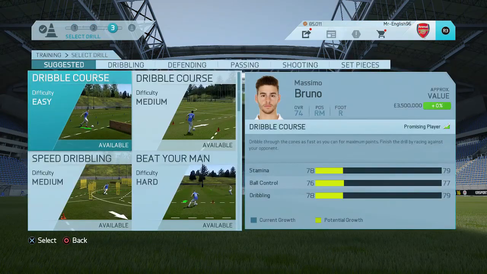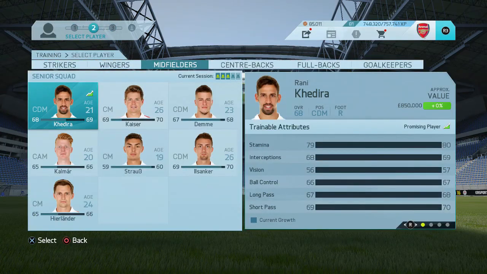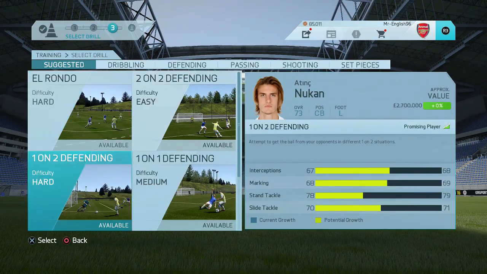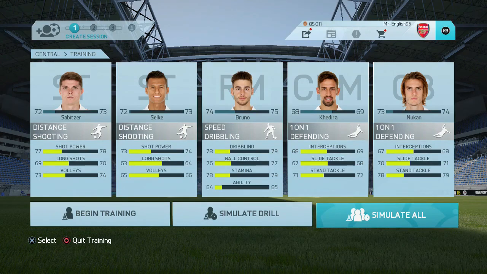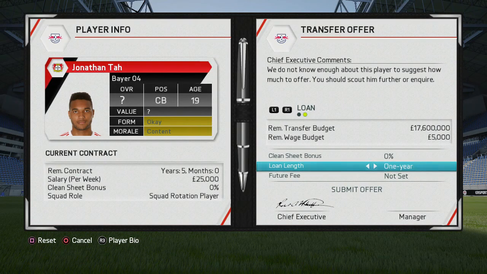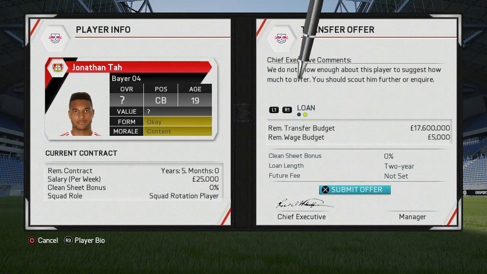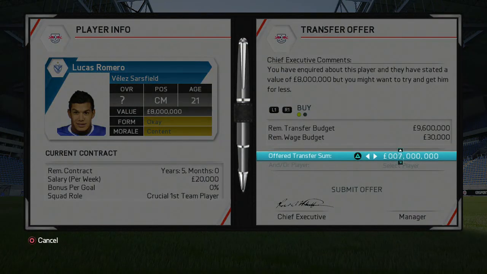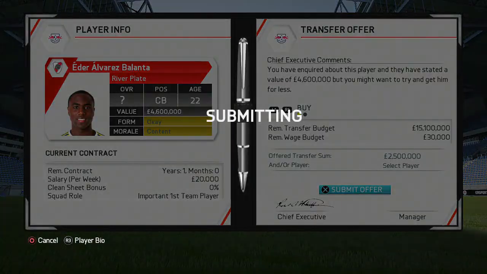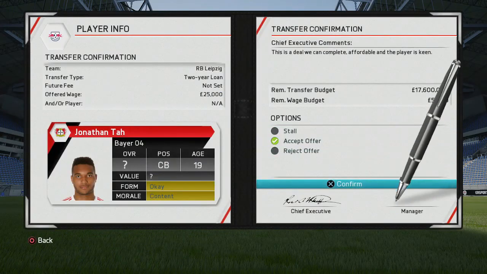Quickly moving on after that, I had the first look at training. I literally put a couple of the players on, just auto-simmed it and let it do its own stuff. They all did well, so I'll have a look and try to rearrange it later on in the season. I then submitted a 2-year loan bid for Jonathan Tah and put in bids for Balanta and Romero. The bid for Jonathan Tah was accepted, so it was time to head into the first game of our pre-season